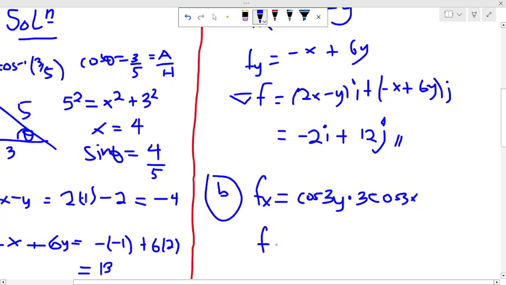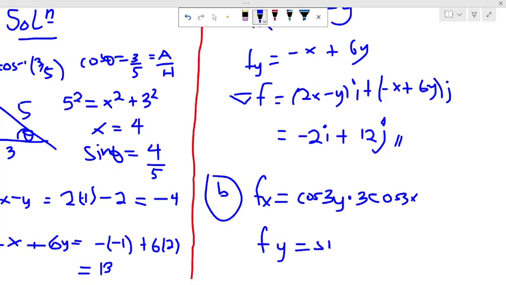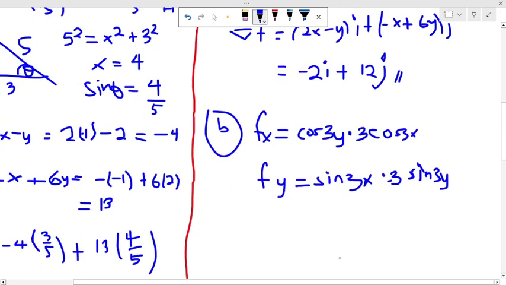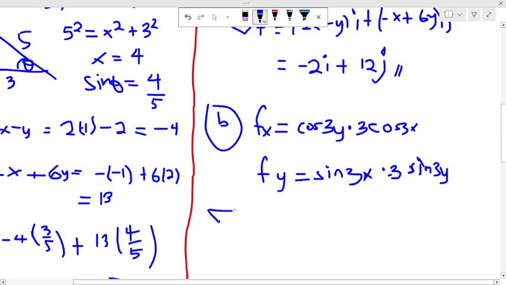Now differentiate with respect to y. So now with y, similarly, our sine 3x will remain, and differentiating cos 3y, multiplying 3 by the negative, gives negative 3 sine 3y. So now similarly, our del f becomes,